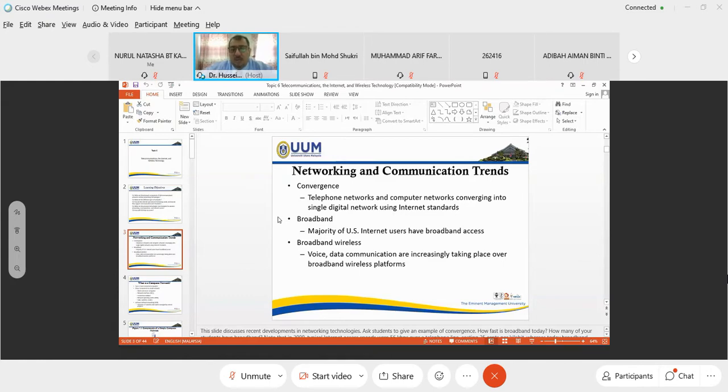Broadband, for example, in the US, it took the majority of the users. Why do we see that? Because, as we mentioned, we give the example of the United States because the loading and unloading is American. I think the book that we are studying is American. That's why we use this example. They use broadband to connect.